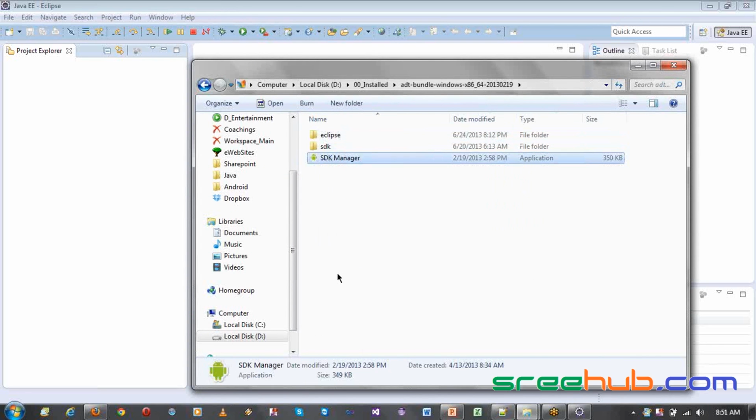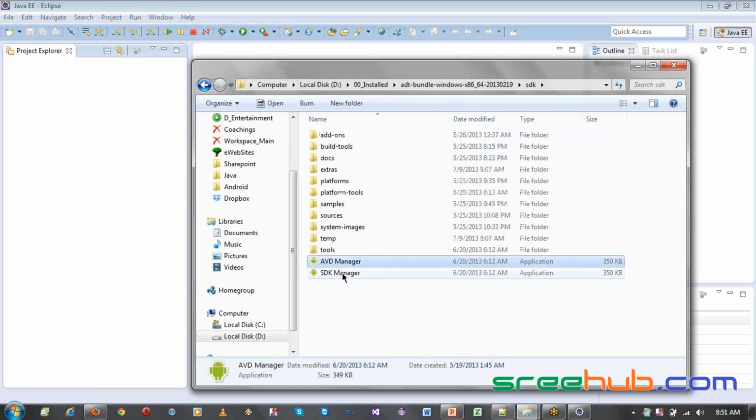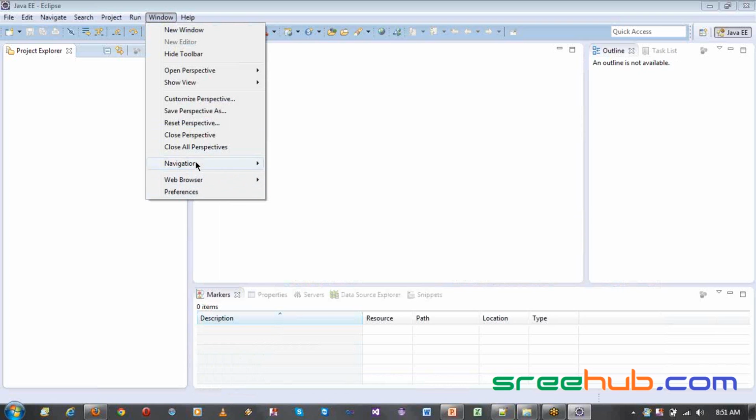You can always open this SDK manager. This will give you the complete thing, whatever you want. Or you can go to SDK. Here you can see your AVD manager, your SDK manager. You can open any of them. You don't need it here, because whatever you open here, you will get two options. First option is to open your SDK manager and your AVD manager. You don't need that,